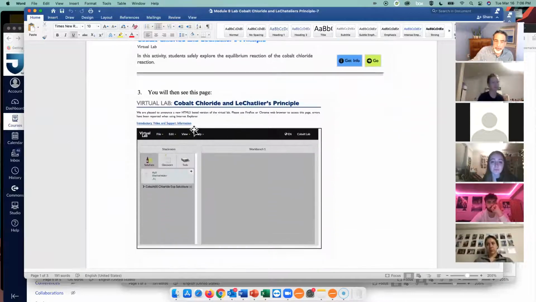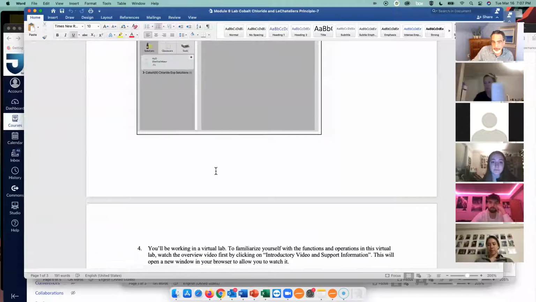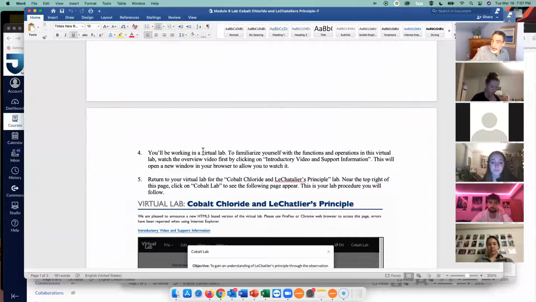And the lab, if you don't click on things like the little introductory video here, it's kind of hard to know what to do. So I really encourage you to click on that introductory lab video and support, and it walks you through just how to navigate, how to pick up a beaker, how to pour stuff into it. So the functionality of that platform that this site is on. So you'll be working in a virtual lab,